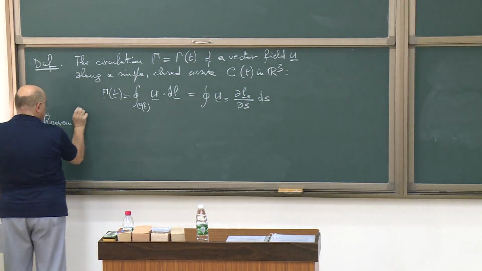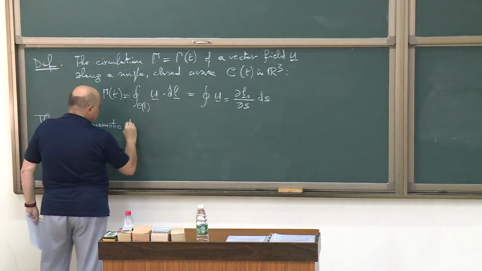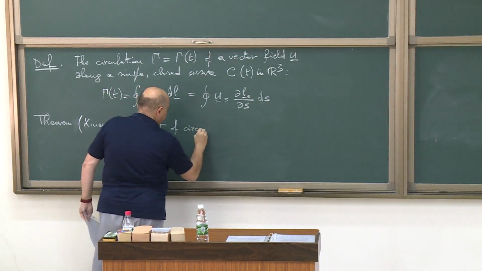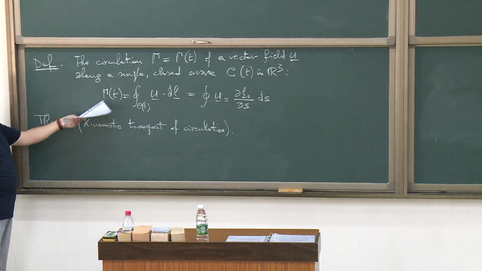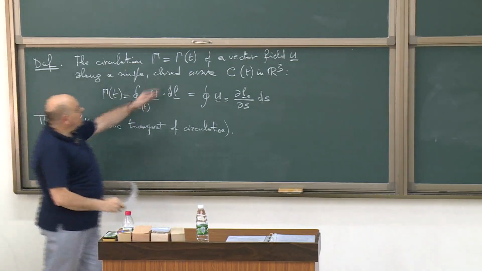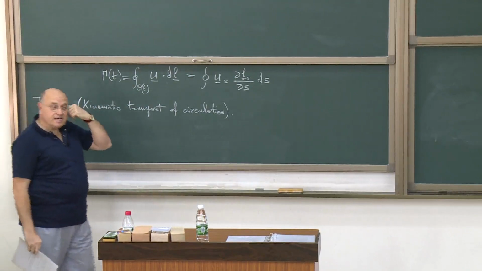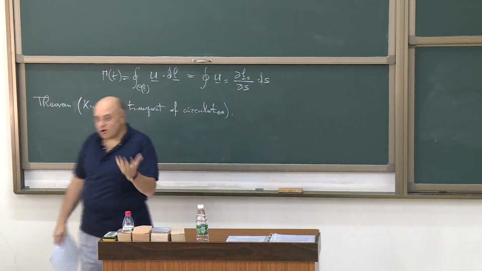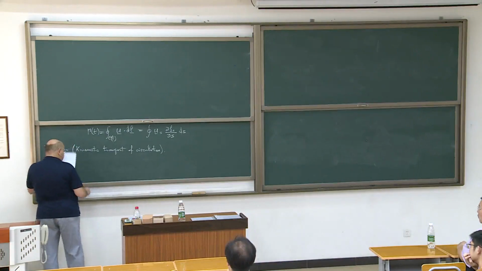Let's give it a name: a kinematic transport of circulation, because we want to prove something about circulation, and I have to focus a little bit on this because circulation plays an important role. Yesterday we mentioned multiply connected domains, and circulation can get to 0 or not according to the multiplicity of the domain of definition. Okay, so we want first to prove this result,